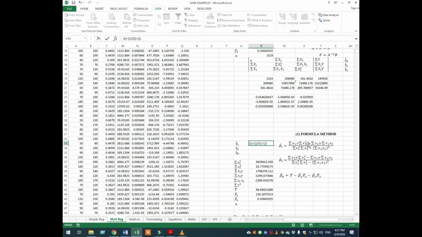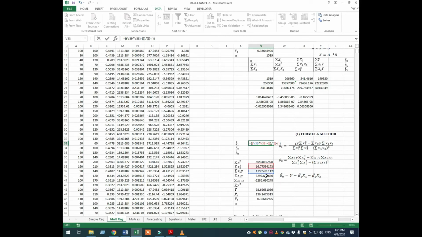If I go for the formula, the first factor of the numerator is x1y multiplied by x2 square, and the second factor of the numerator is x2y into x1 and x2. So that is sum of x2y